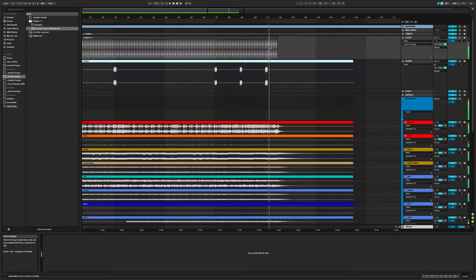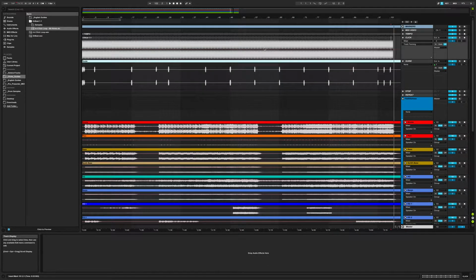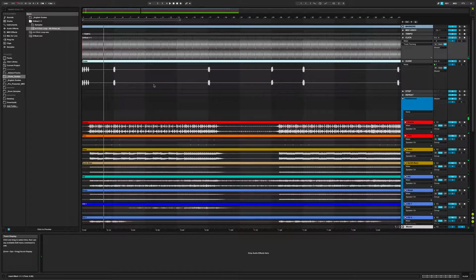So I'll just drag the to where that last note has no click. So now we've got a click taken care of. 1 2 3 4. So now we got a click, we got tempo going, we have the guide on the proper channel, we have